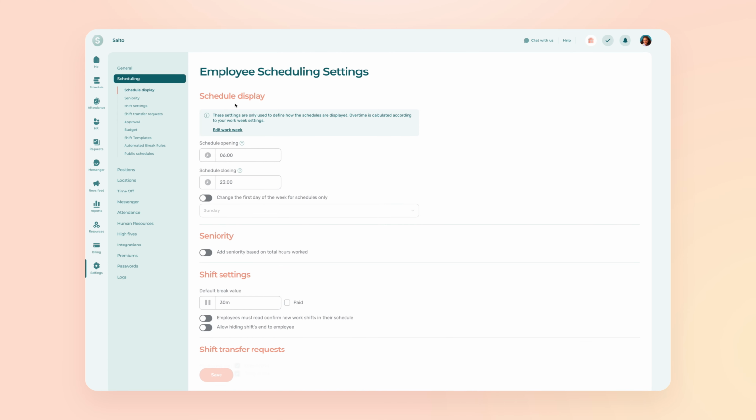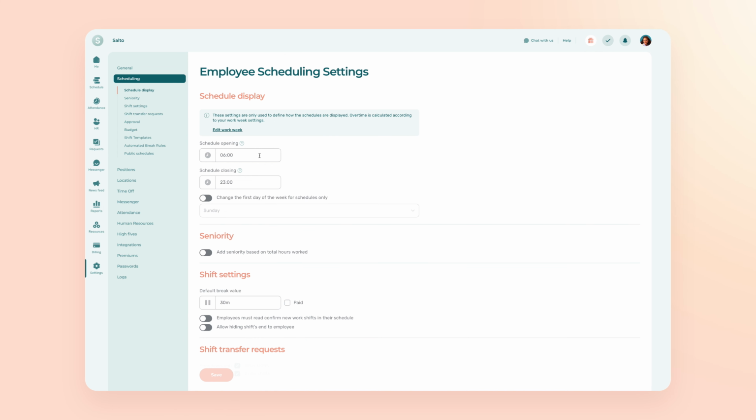The first setting applies to the schedule display. By default, Agendrix will display the shifts in the day that contains the most working hours. For example, if you have a night shift starting at 11 p.m. on Tuesday and ending at 7 a.m. on Wednesday, and you want it to be displayed on Tuesday so that the employee understands that the shift actually